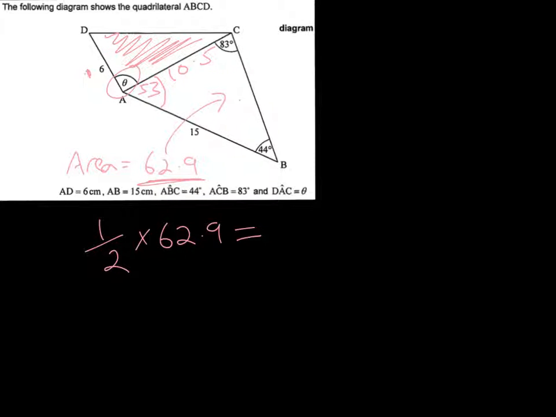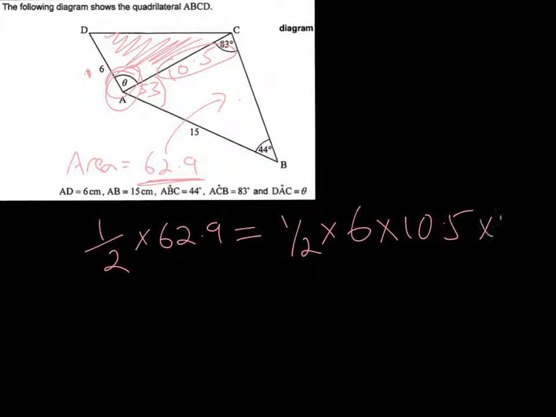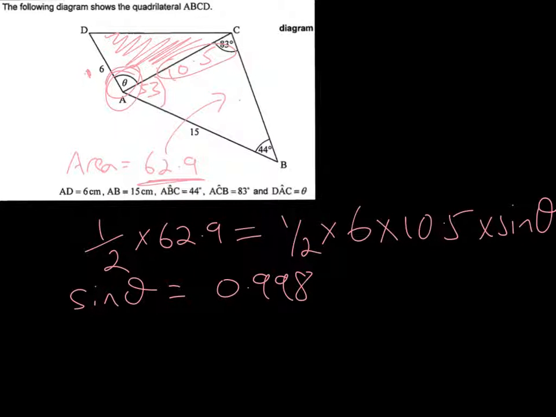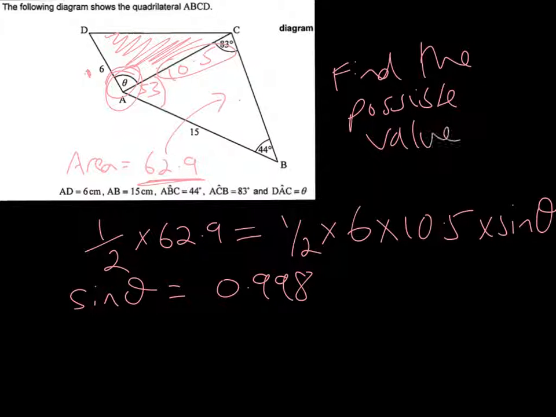So a being one side, so half times a times the other side here, which we've already worked out previously, multiplied by the sine of the angle in between it, which is sine theta. So you can rearrange that and you end up with sine theta is equal to 0.998. The question states, find the possible values for theta, and the reason it says that is because here we are looking at the